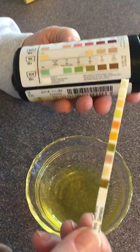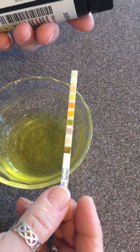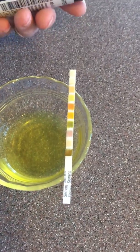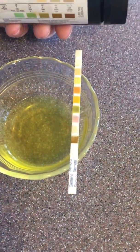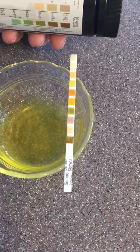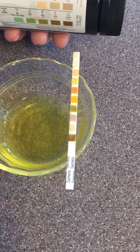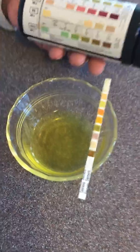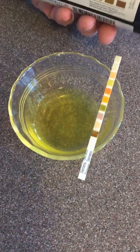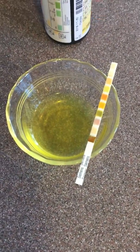And by the way, while we're looking at his urine, he gets a clean bill of health on everything else. There's no blood in his urine. There's no infection. He's got a little bit of ketones, which is another thing we usually see when we see a diabetic, but everything is looking good. So in general, this is how we test urine, and specifically, this is how we test urine for a diabetic